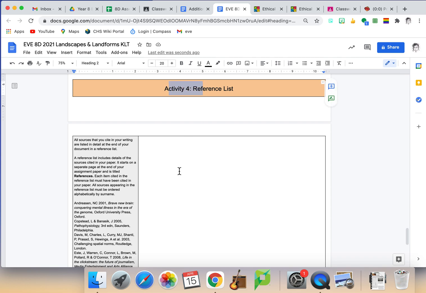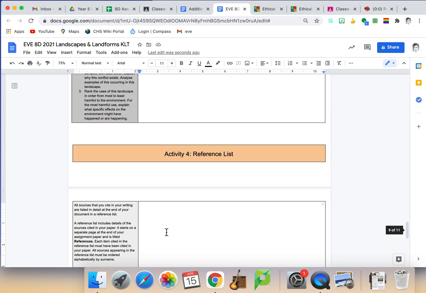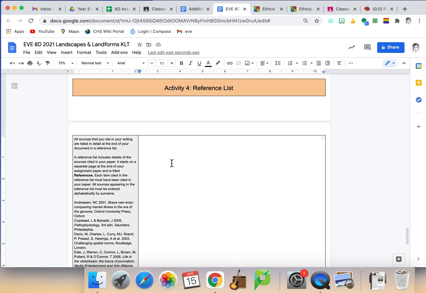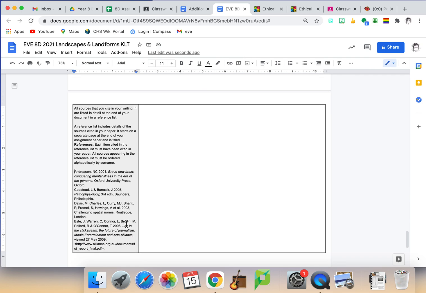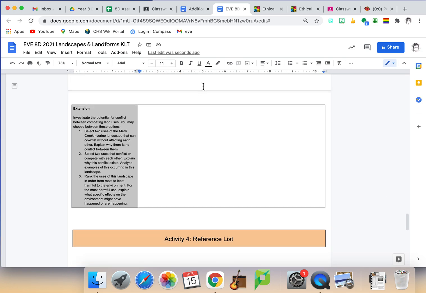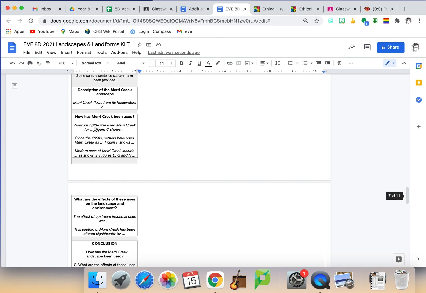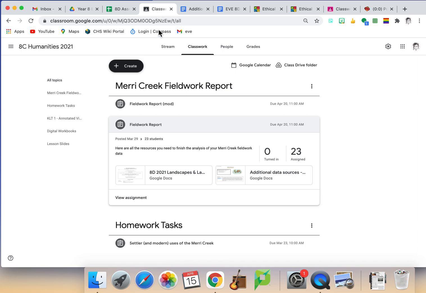Activity 4 is that you must, of course, include all of the references that you have used, so make sure that you list them here, and there is some inspiration here about how you might format these in the Harvard style. So in terms of good references for finding out about human uses of the Merri Creek area, obviously we did some in class ourselves,